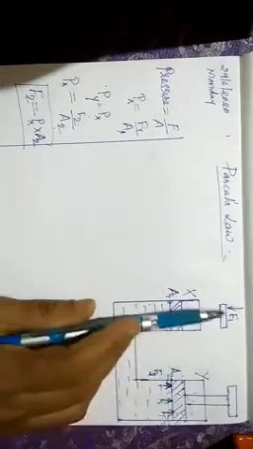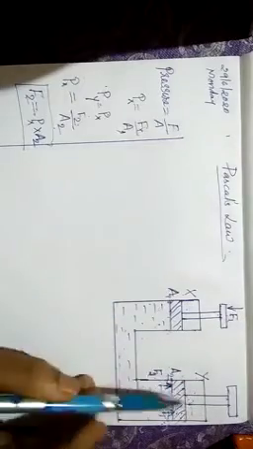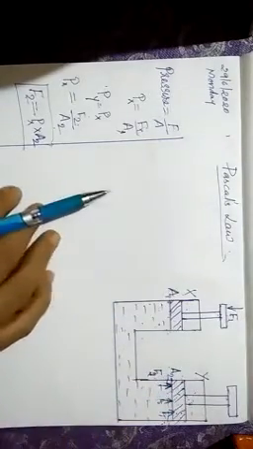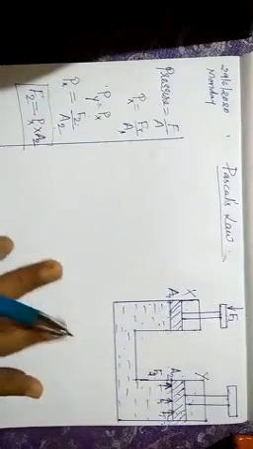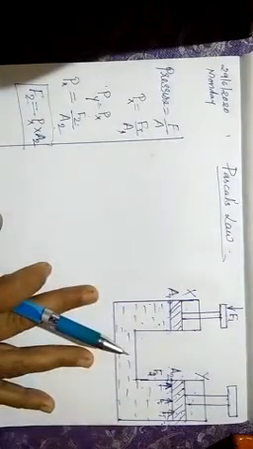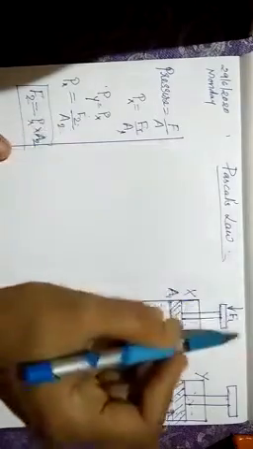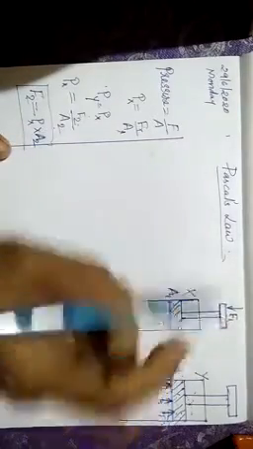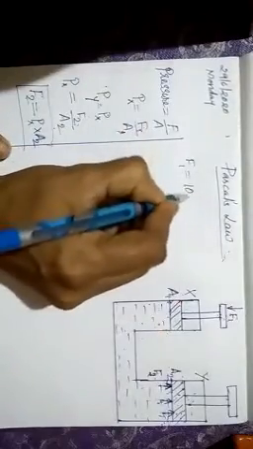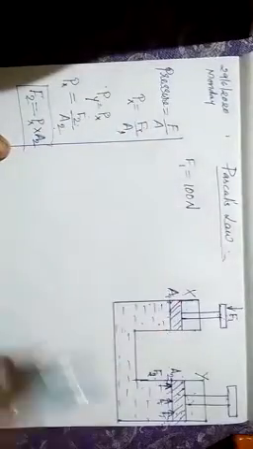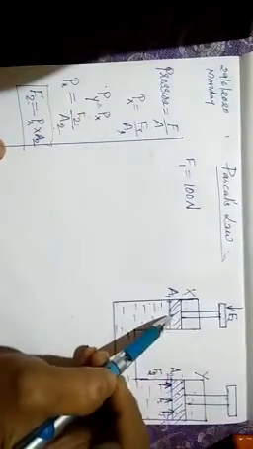by applying some values for F1, A1, and P of x we will calculate, and for A2 we will give some values, so that you can understand the concept clearly. So listen carefully. Let us consider F1 is equal to 100 Newton, that can be applied on the smaller piston.